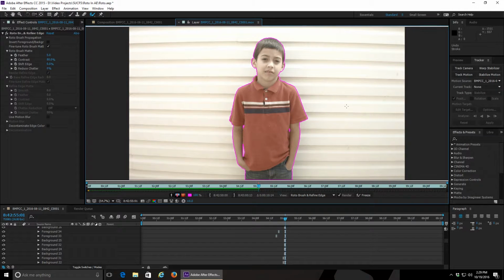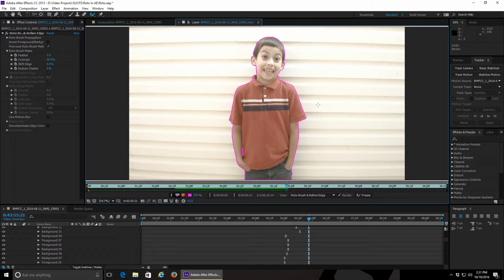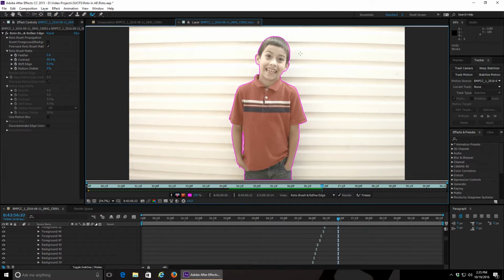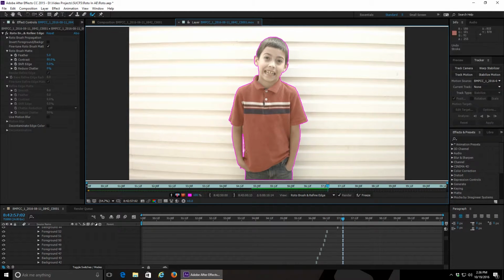While rotoscoping, you'll need to kind of pick and choose your battles. What I mean by that is that in some cases it may not be reasonable to roto every single intricate detail. For example, in this case, my son has short hair. If you were rotoing someone with long curly hair, that might be an issue. You'll just have to roto the parts of the hair that are the thickest, through which you can't see the